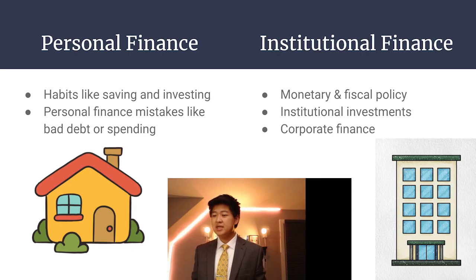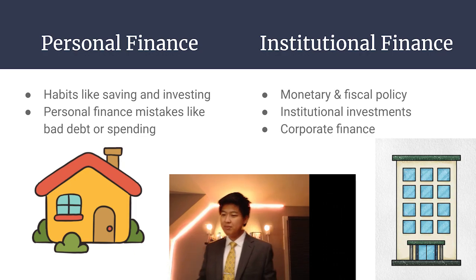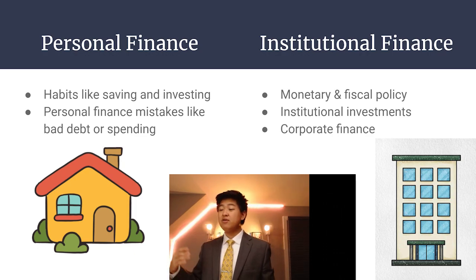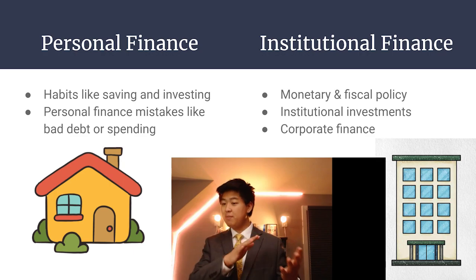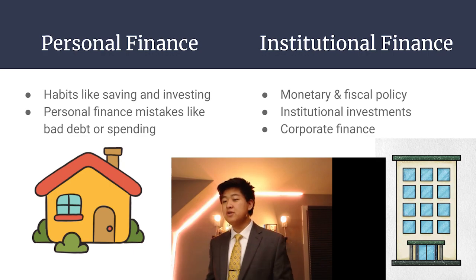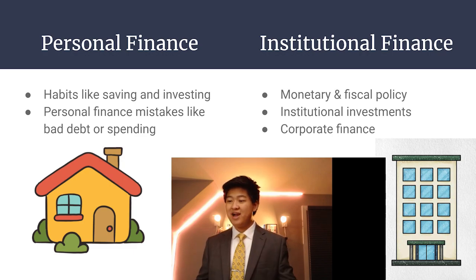Now, one example of using both personal and institutional finance to assist and enrich a role play is bringing in current news about the state of monetary policy. For example, the Federal Reserve, after increasing rates, could potentially increase the cost of having to pay off debt, which impacts the creditor-debtor relationship. So right there, I just used the institutional finance concept of monetary policy while also using the personal finance concept of creditor-debtor relationships in a role-play environment.